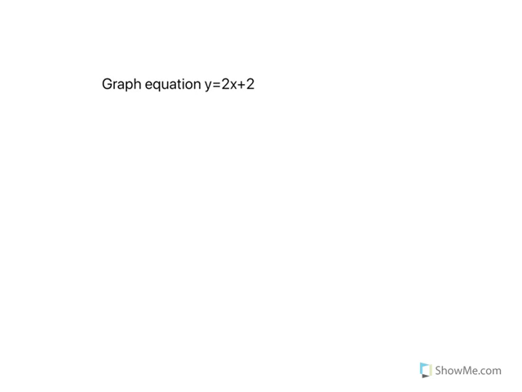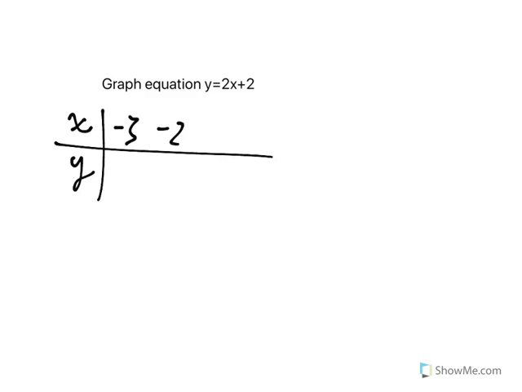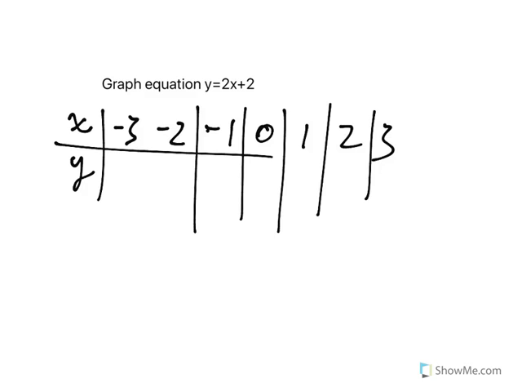Alright, just to review our summative tomorrow, one of the first questions is to graph an equation. So here, for example, graph this equation. The very first thing you want to do is create an x and y table and throw in some coordinates. I'm just going to throw in a few coordinates: -3, -2, -1, 0, 1, 2, 3. And we throw these numbers